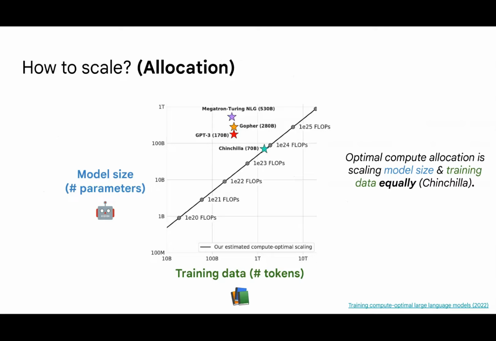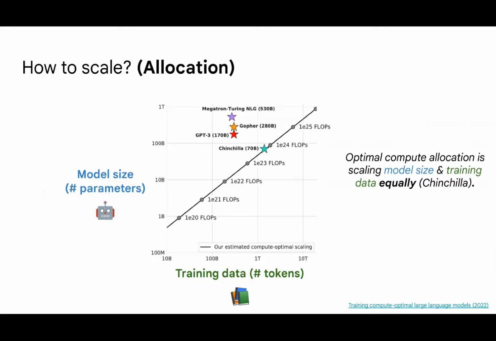In 2022, a paper on compute optimal training, which is better known by its somewhat cute name, Chinchilla, showed a large set of empirical experiments that try to extrapolate out these values. Specifically, they calculate the best way to allocate a compute budget when deciding between model size, more parameters, and training data, i.e. more tokens. In this graph, they plot 4 large language models in terms of the number of parameters used and the number of tokens.